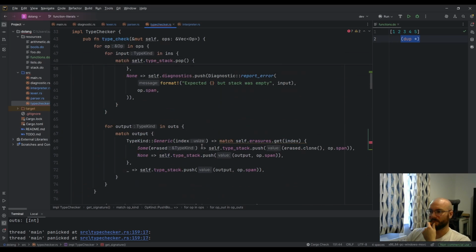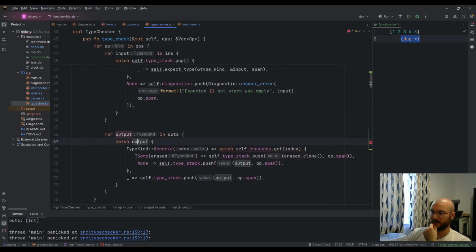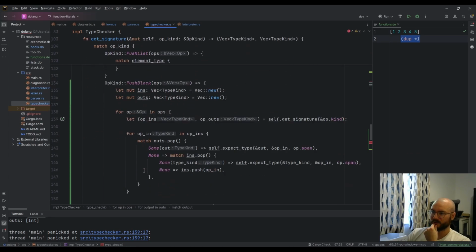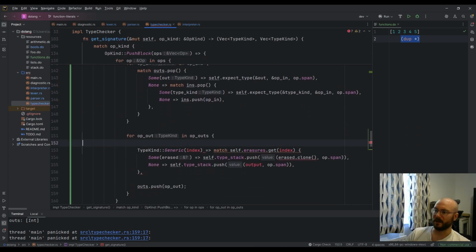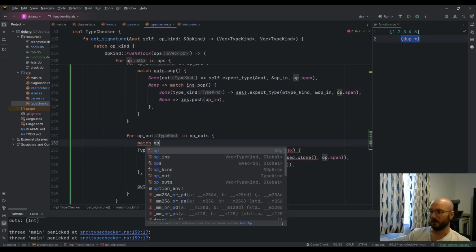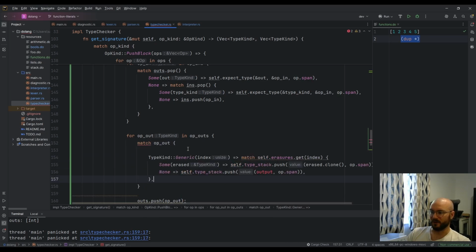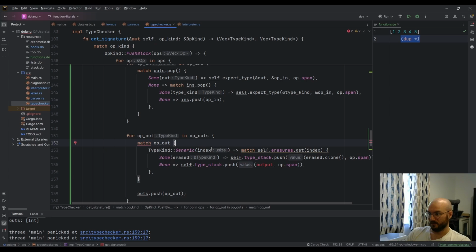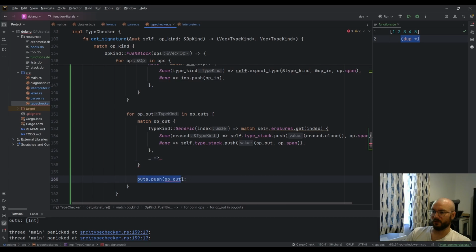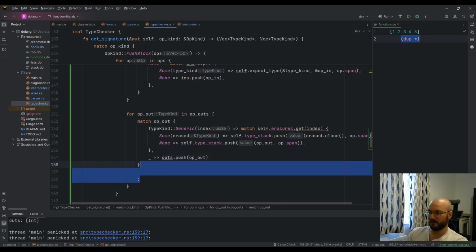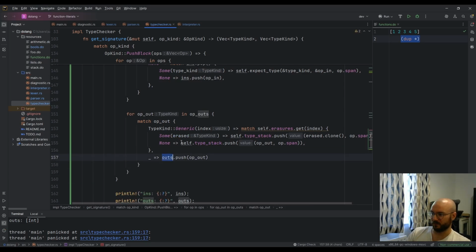Where did we get that from? So matching the output. For output in outs, op out and out. So we want to match op out. And then if it's a generic, we do that. Otherwise, we do that. And we're not pushing to the self-type stack, we're pushing to outs, which means we aren't